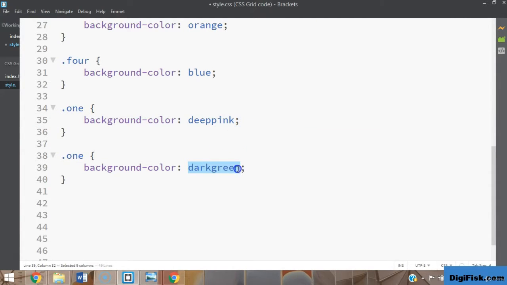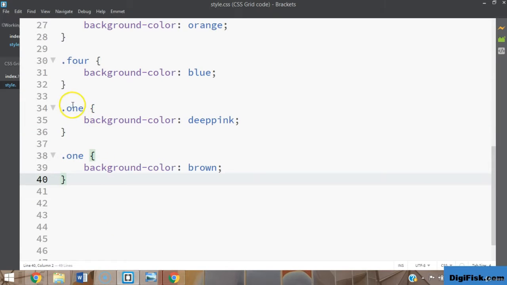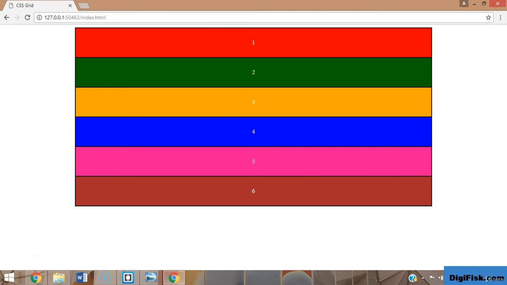and what is this gonna be? So this is gonna be maybe brown. Alright, perfect. Okay, so now, okay, I didn't give this. 5, 6. Okay, perfect. Alright, so now we have 6 different div elements, each with a padding of 30 pixels,